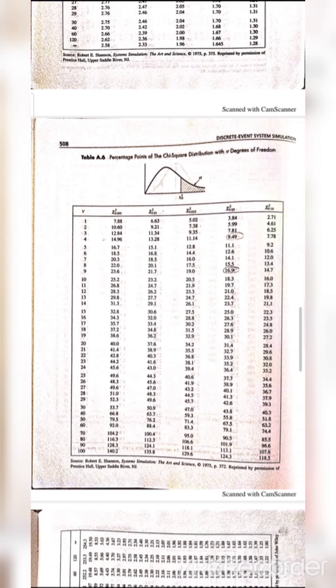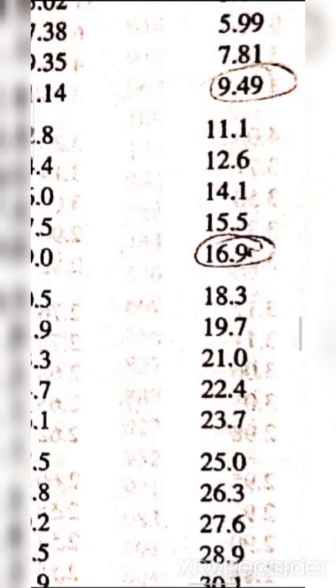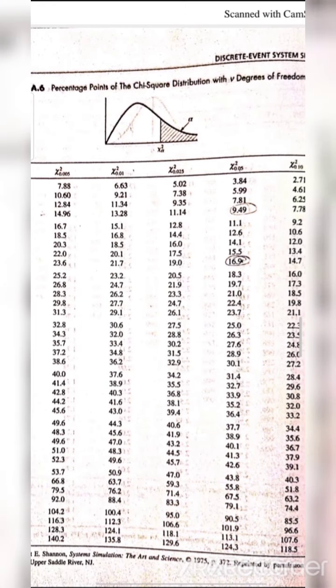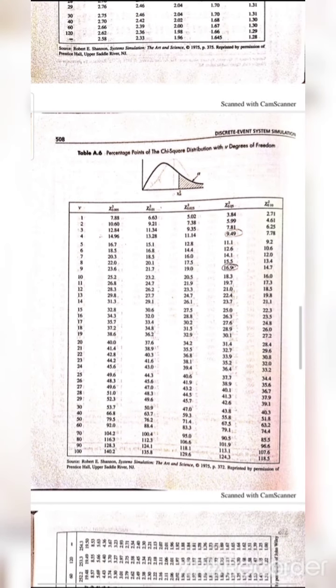Okay, so what I had got here, the k value, that is k minus s minus 1, that is nothing but 7 minus 1 minus 1, how much did I get? I had got here as 5, right? So we have to check here the fifth column and the fifth row. What is the fifth row here? That is 5. You can see here I had got here 5. So in the fifth row and the fifth column, what is the value here? You can see I had got here 11.1. Understood? That is the fifth row and the fifth column I had to consider here. That is nothing but the critical value.